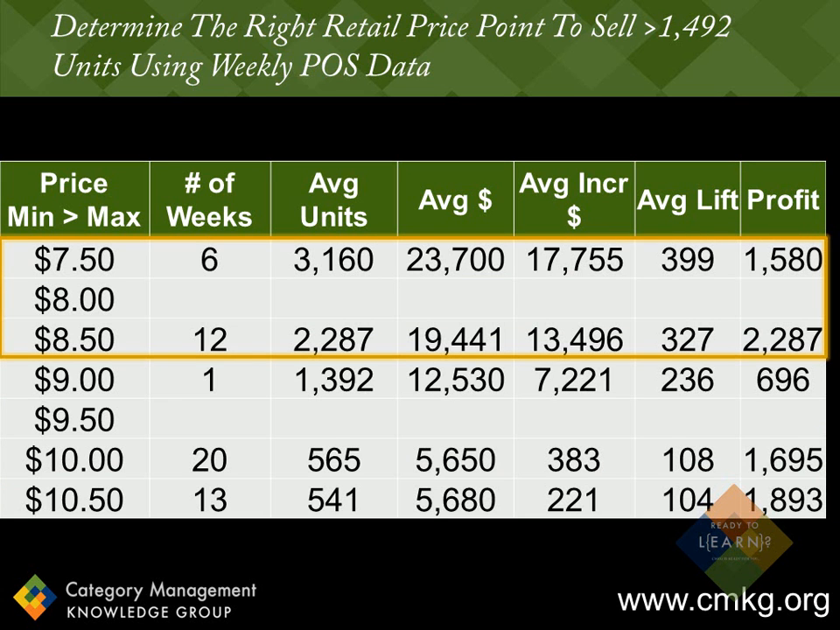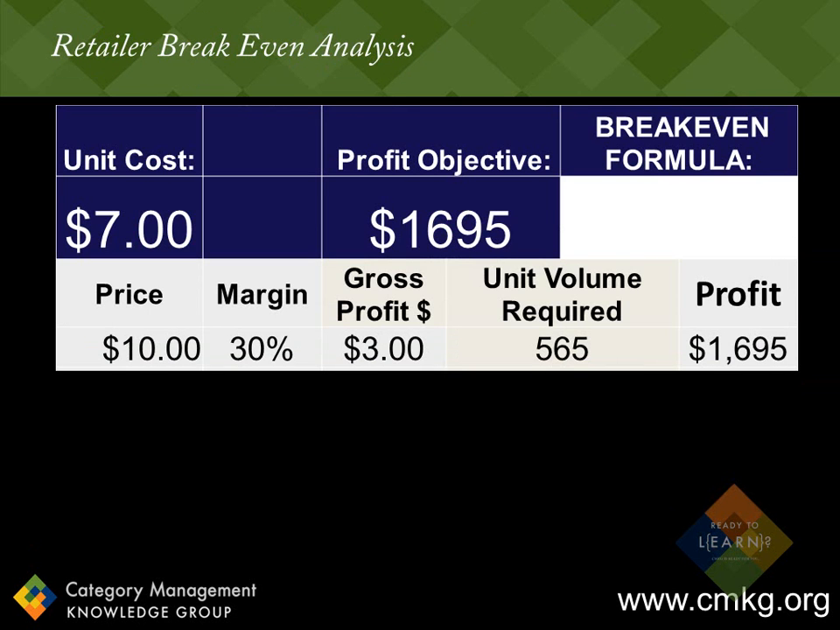Now, let's look at the same pricing decision from a retailer perspective. The retailer sells the same product at a regular price of $10, which generates $1,695 in profit. They have a break-even policy at this retailer in place for all promotions, so the category manager needs to feel confident that the price point that they choose for the promotion, at minimum, will deliver the $1,695